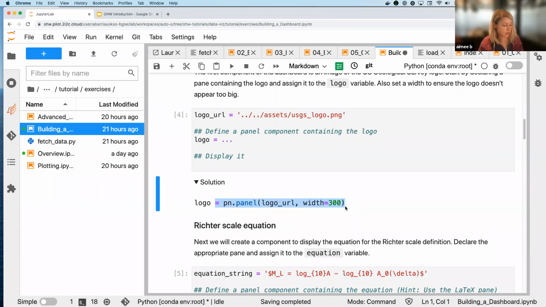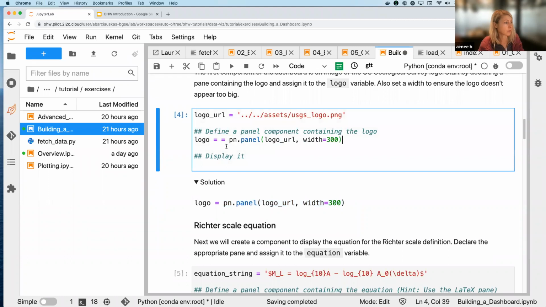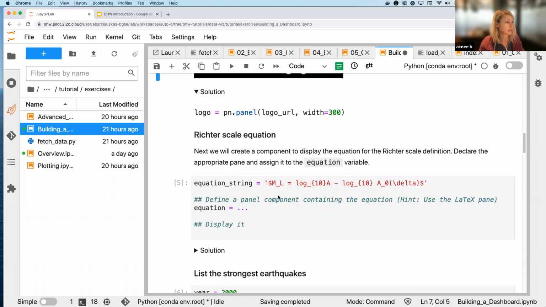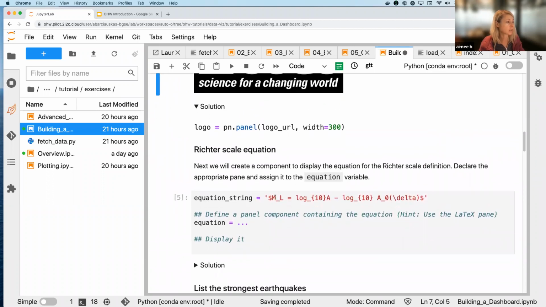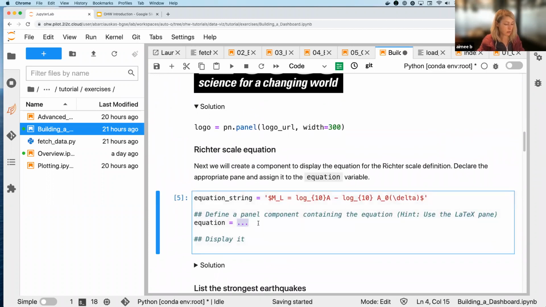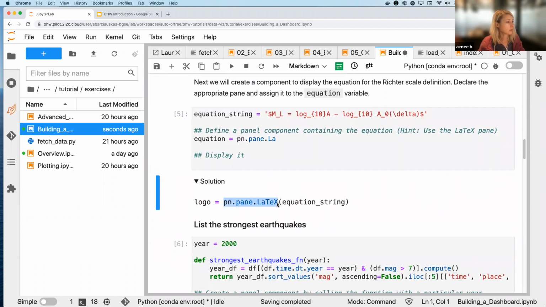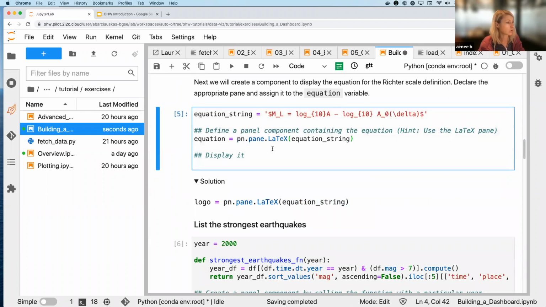So I'm just going to go through some of these exercises, but basically here, we're repeating this example of how to use panel to display a logo. The data set in this case is coming from USGS. Here we can use, I think it's pane and .latex. So this is using latex,